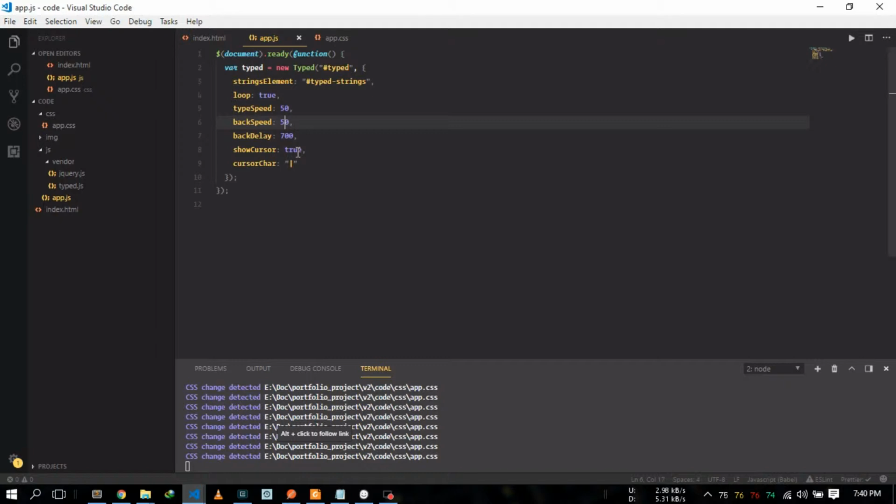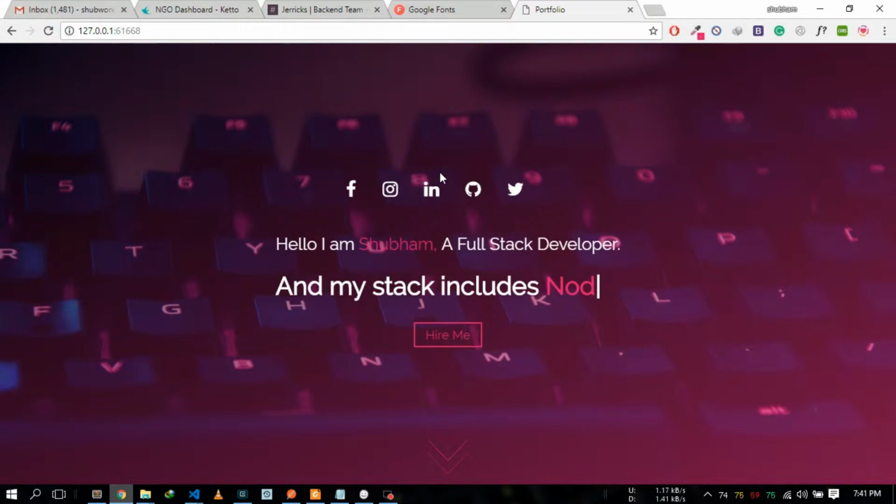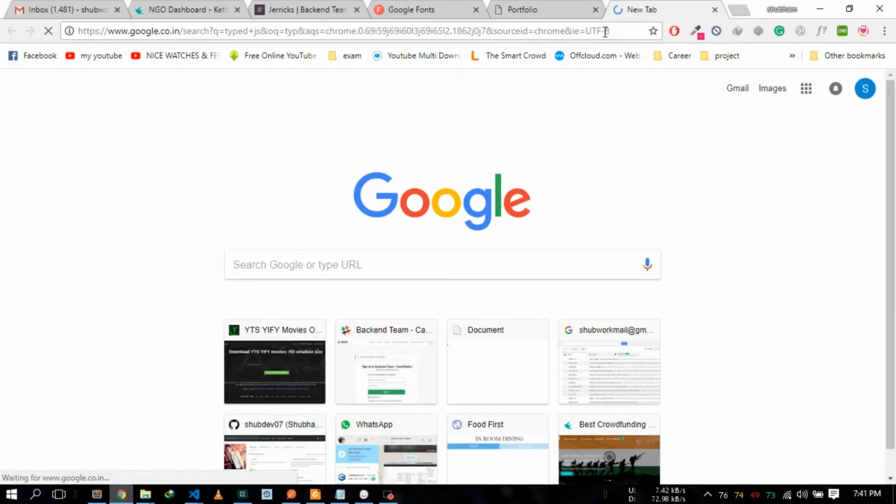There are lots more properties you get with Typed.js, and I encourage you to use it because it's an awesome tool. The documentation is also very, very good. But there is a slight mistake in the documentation that I would like to talk about, so let me just search Typed.js,